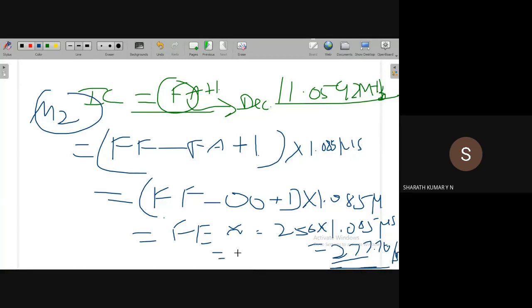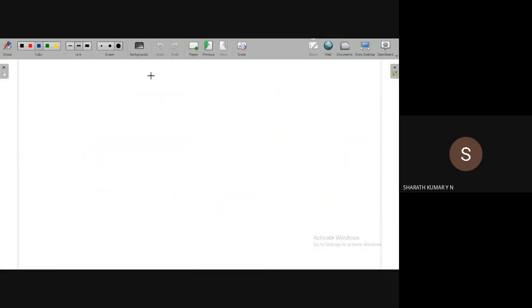In terms of milliseconds, you can approximate it as 0.27 milliseconds. So if we want to calculate a delay larger than 277 microseconds, let us approximate it as 277.77 microseconds. This is the maximum delay generated using mode 2 operation.